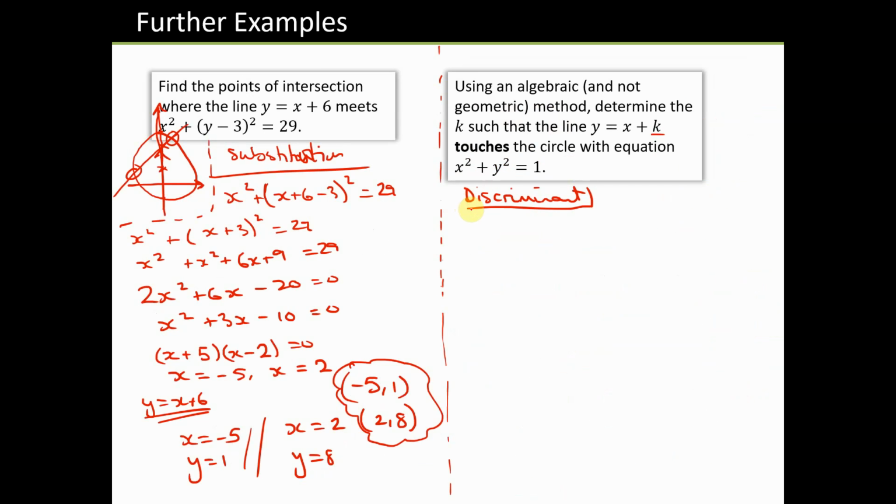So that's why we're going to do that. And again, this is a skill you see a lot in A-level. This is why I kind of like this chapter of circles, because it links in pretty much everything. It's really good. So first of all, we need to do